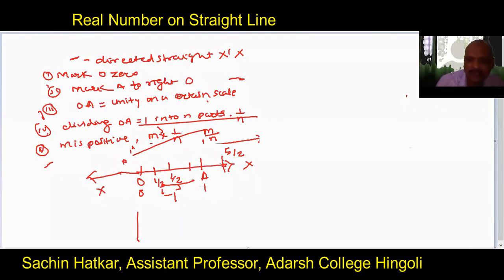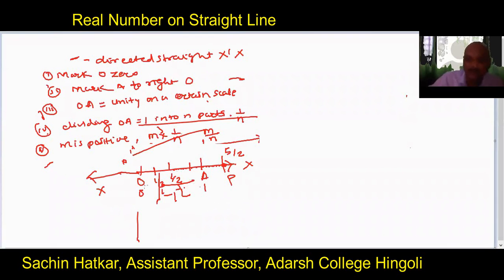And for this rational number, I have a point on the straight line. Suppose this point is P. Suppose this point is another, L. Between these two rational numbers, how many points are there? You can see this line is made up of points, and therefore there are infinite points between rational number L and rational number P, and for every point there is a rational number. As there are infinite points, the rational numbers are also infinite between any two rational numbers.